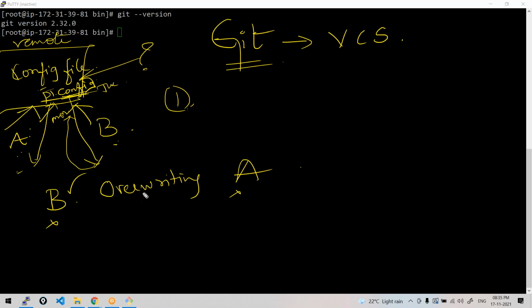Definitely not, because if this keeps continuing, let's say in this team there are 10 people, it could be a DevOps project or a development project, whatever it is, it's not accepted. The project gets corrupted and messed up, right? How to avoid this? That's where version control systems come in, which allow developers to work simultaneously, in parallel, so that they can work on the same file at the same time without getting overwritten.